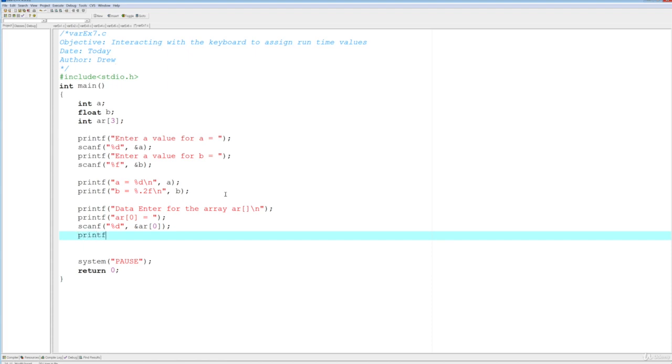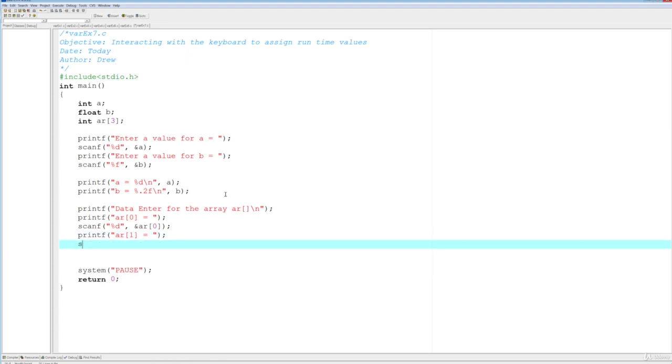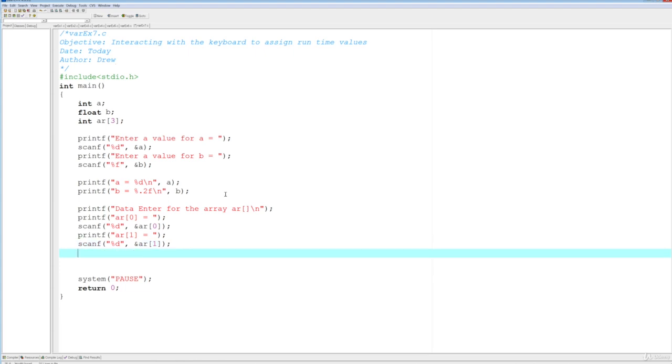printf, ar[1] equals. So this is a message that will appear, and then we're going to interact with the keyboard and store it in the next element within the array, %d, and that would be &ar[1], right? And then the last element will be this, printf,